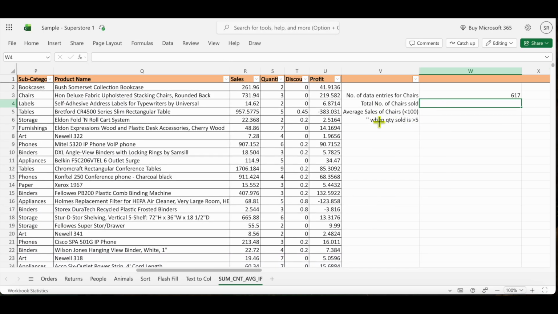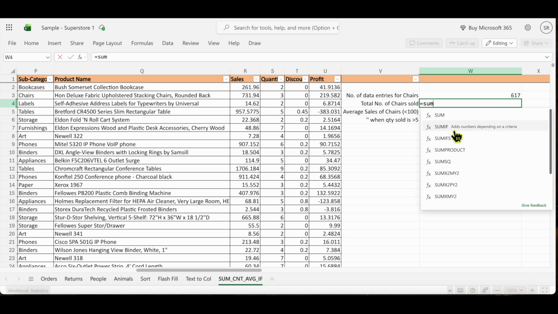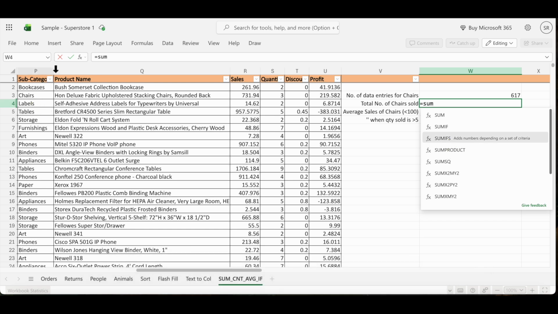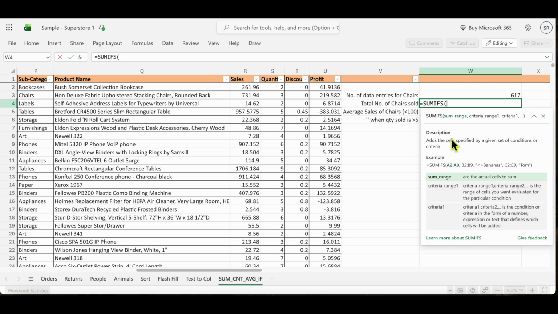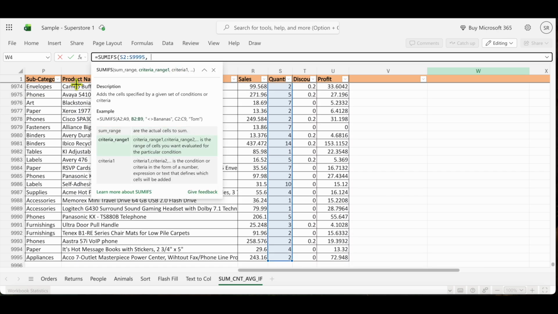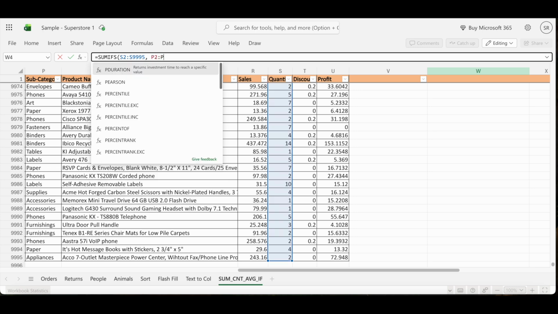Okay, now to address the second question, we have to identify the total number of chairs sold. So we have the quantity field here, right? Instead of using SUMIF, I am going to now use SUMIFS because I want to add a criteria that comes from another column, right? So I'm going to select the quantity range followed by the subcategory range, right? And my subcategory stands in column P, so I'll be selecting P2 until the last record,